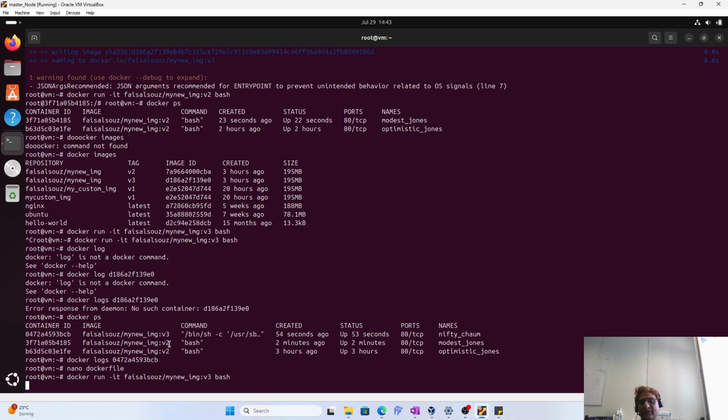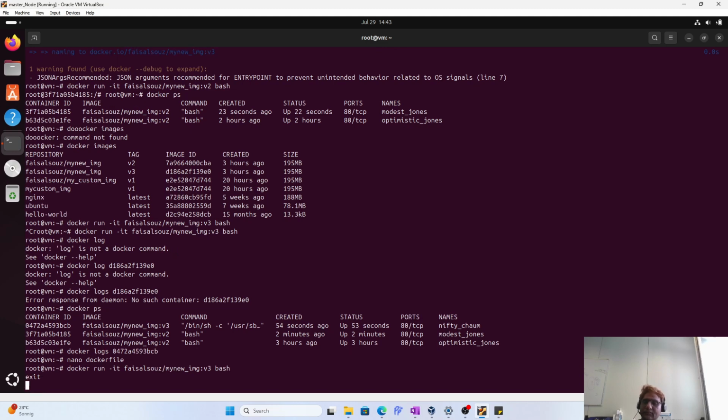If I would write CMD, it would automatically overwrite the bash process in such a case. And sometimes you don't want that, because the Nginx server essentially needs to run this process in the background to make services available on the website, in the browser. That's why you need to write ENTRYPOINT in your Dockerfile rather than CMD. And now if I just exit it,